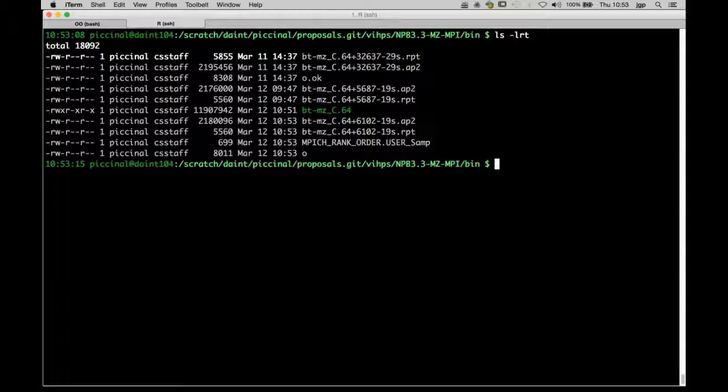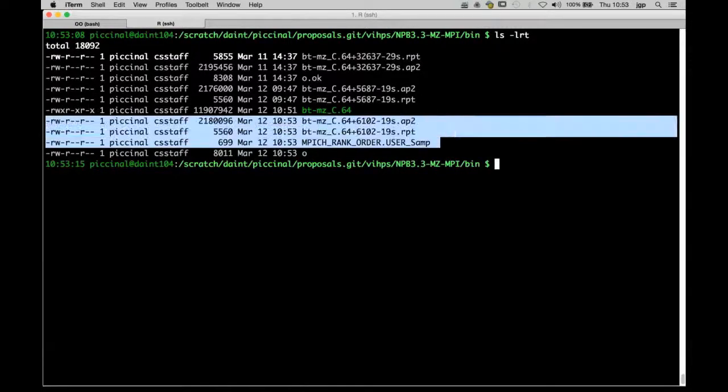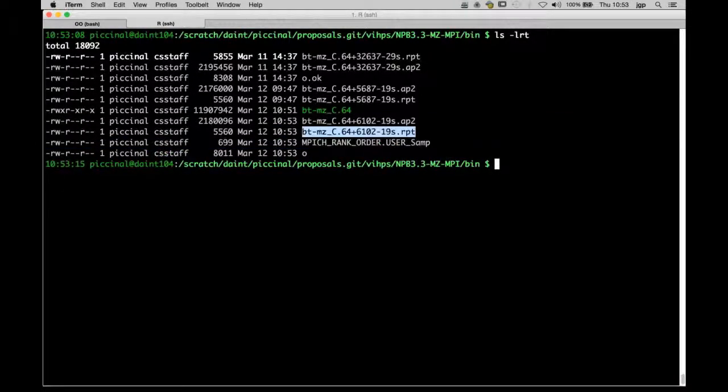So you see that I have my job output here, but I also get 3 different files. A text file, RPT file for the performance report, that's a text file. AP2 file, you don't really need to worry about that file, and MPI rank reordering file, you can also ignore that file.